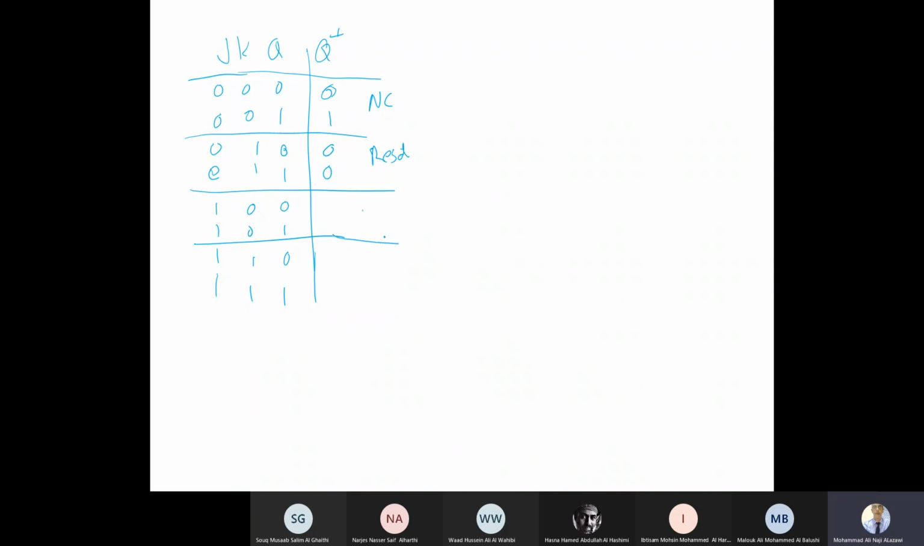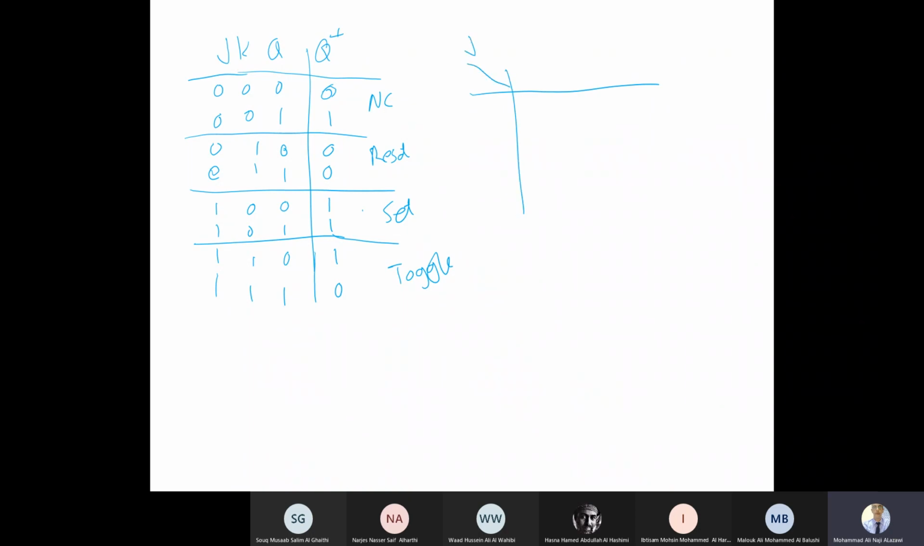J = 1, K = 0 is a set. Then J = 1, K = 1 is toggle, so 0 will become 1 and 1 will become 0. In the same way,